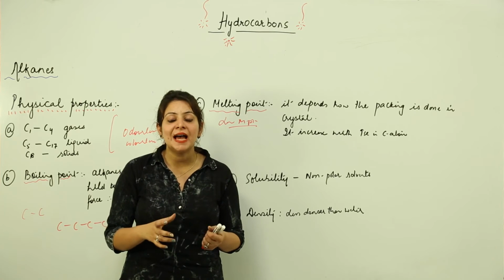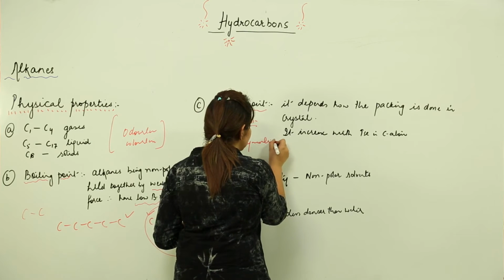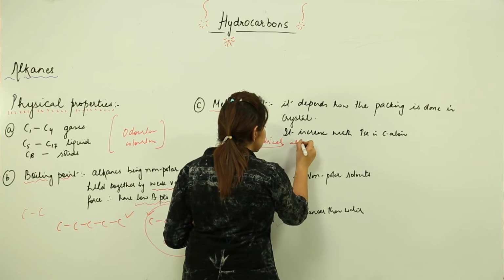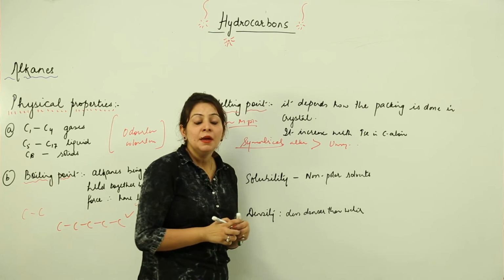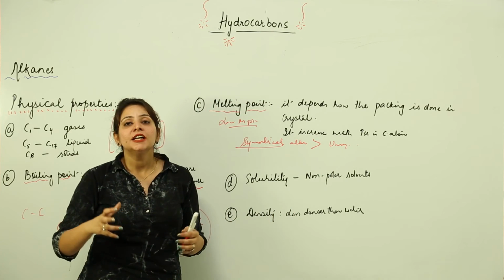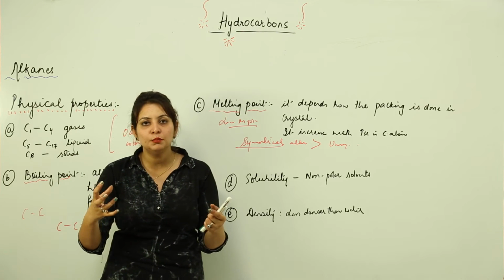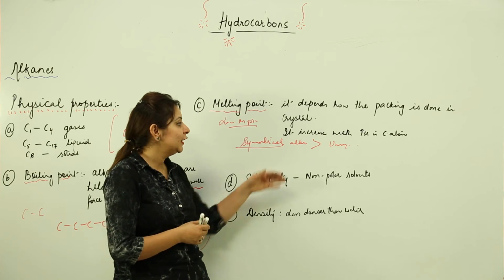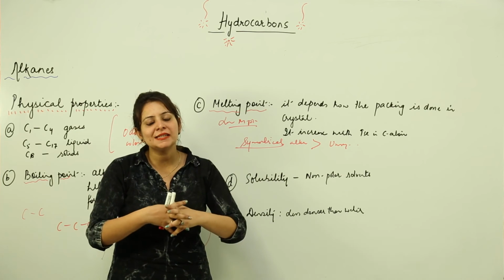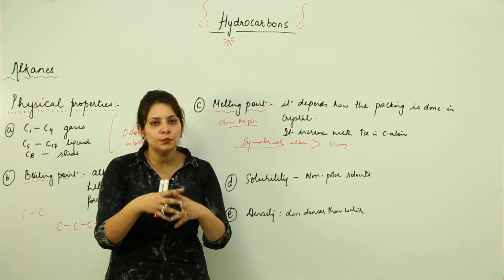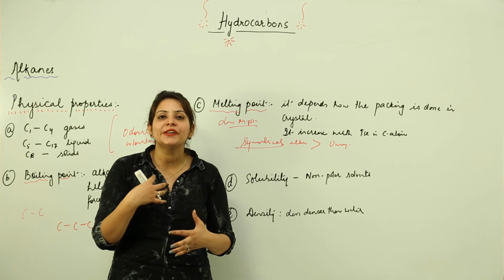But if we talk about symmetrical and unsymmetrical alkanes, I'll write it here so that it clicks in your mind immediately: the symmetrical alkanes have a higher melting point compared to the unsymmetrical ones. In the symmetrical ones there can be close packing; they can come closer together in a lattice, but we cannot have that kind of closeness in the unsymmetrical ones. When there is closeness, we get stronger bonding between them, which increases the interaction and the melting point.